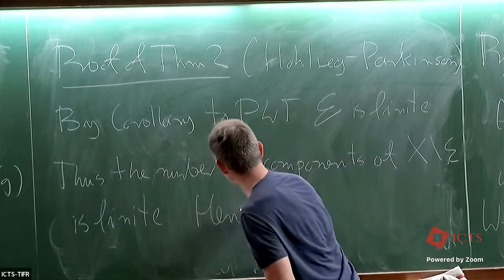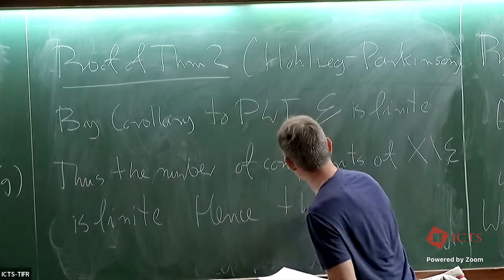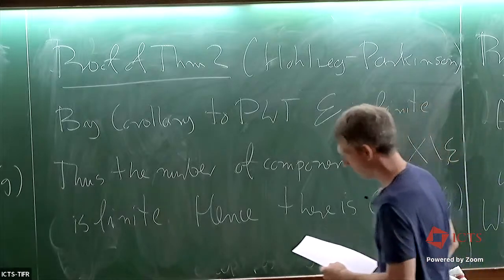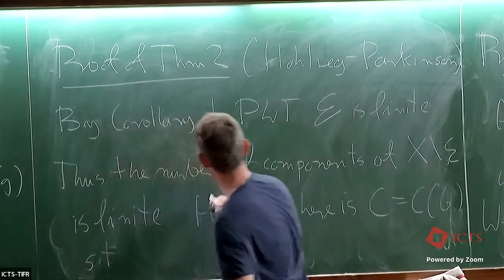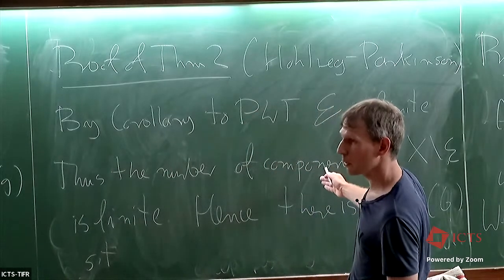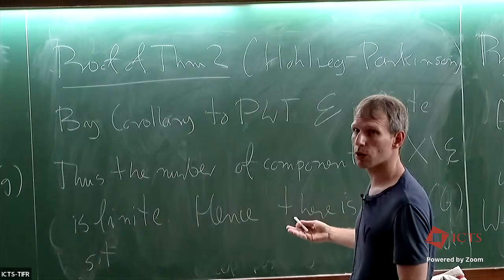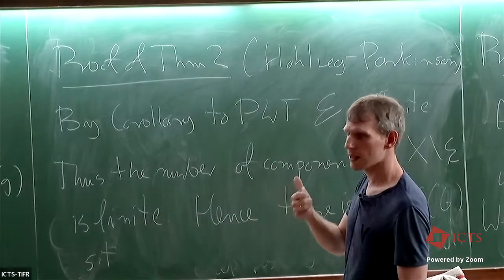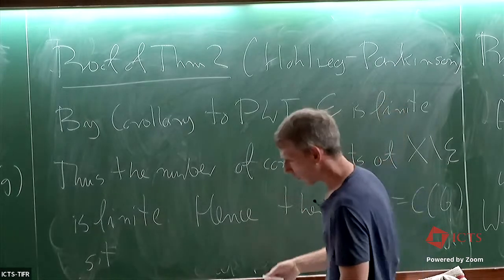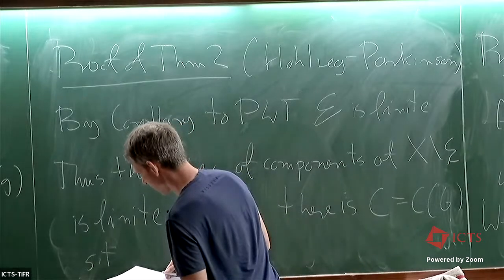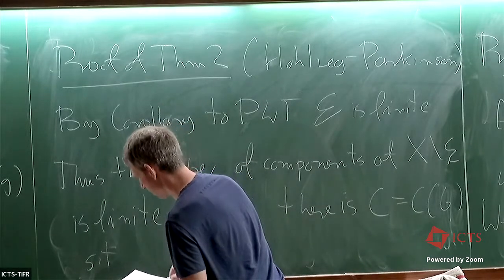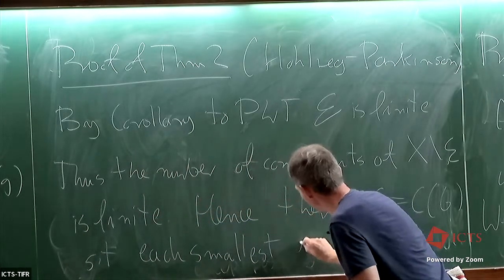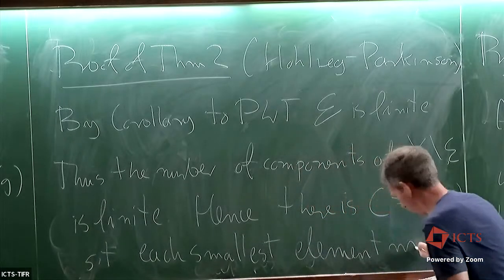Hence, there is a constant that only depends on the Coxeter group, such that, since there are finitely many components, there are a finite number of smallest elements in all these components. Remember, for each component, the theorem provided the smallest element M of each component, and there are finitely many of them. There is a number C such that each smallest element M